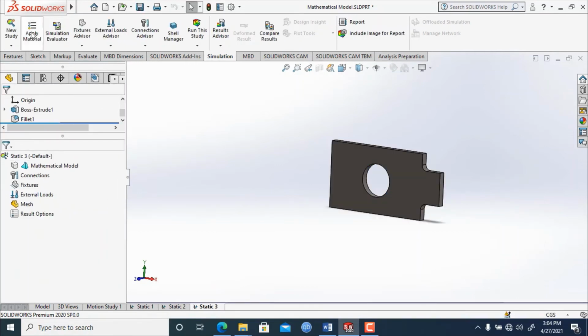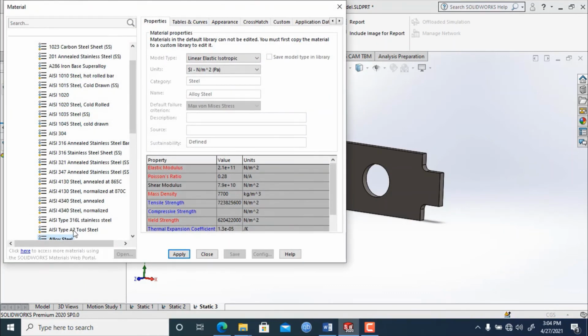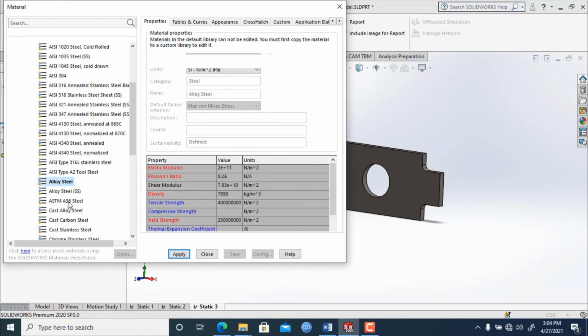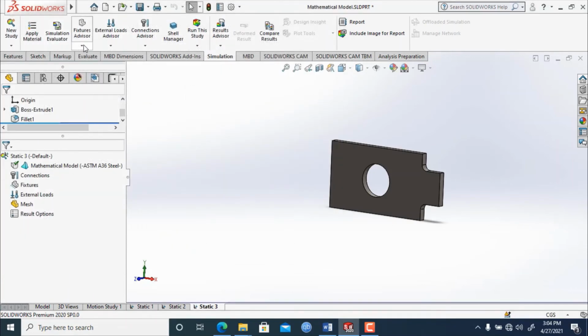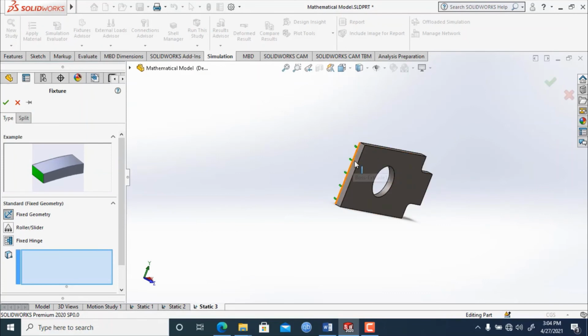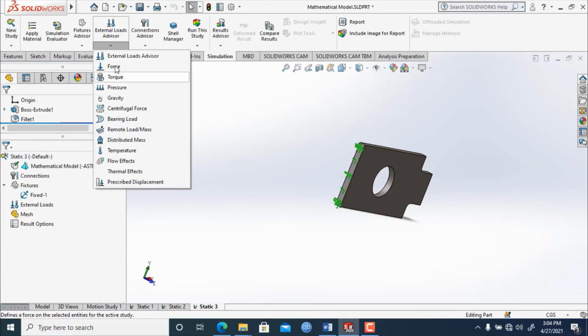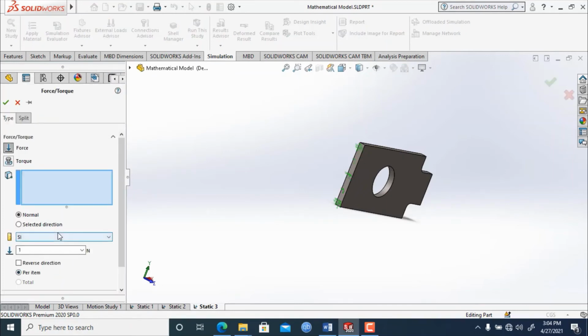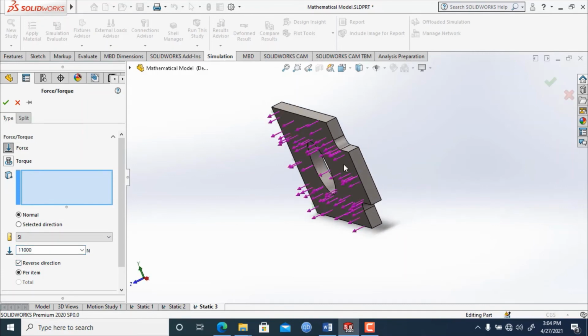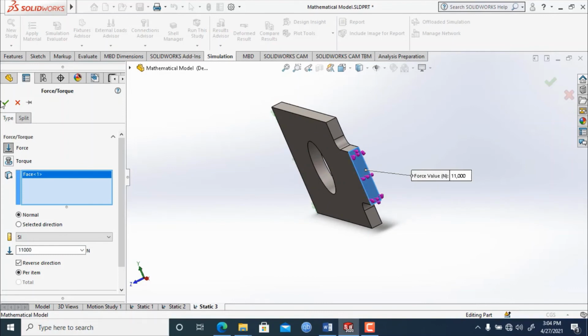We will apply material, let's say ASTM A36, apply, cross. Then we will go to fixtures advisor, fixed geometry, fix this geometry, click OK. Then external loads, force, 11,000. Then we will click reverse direction, select the face, and click OK.